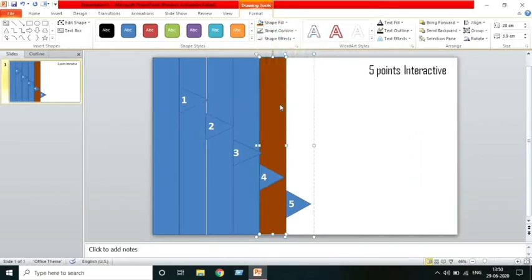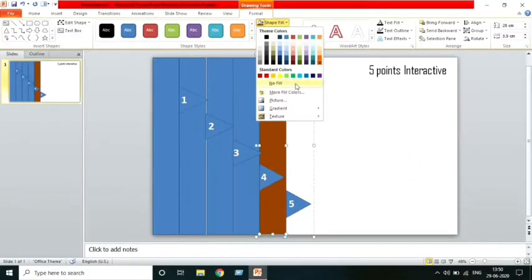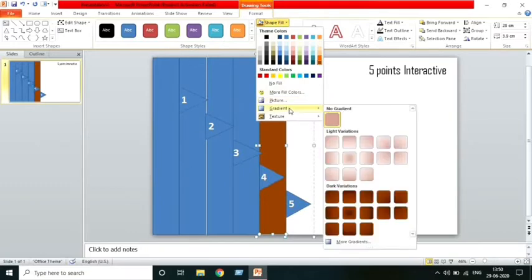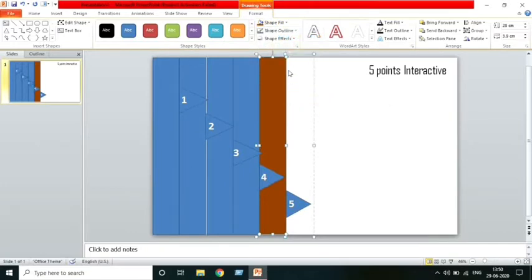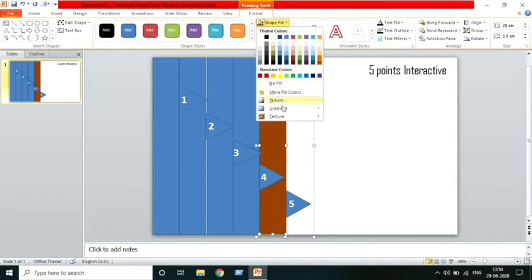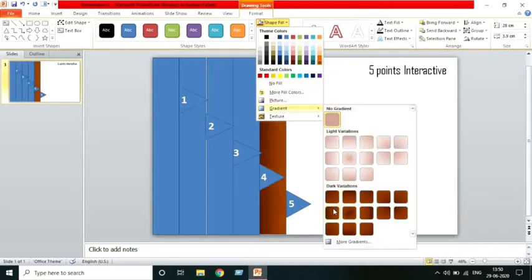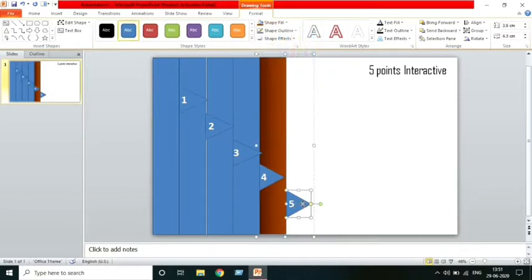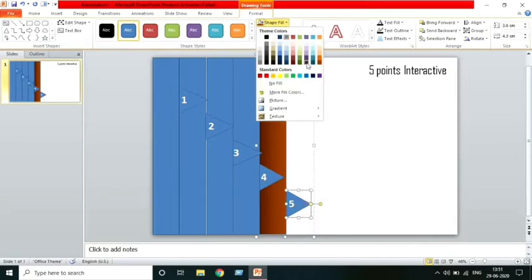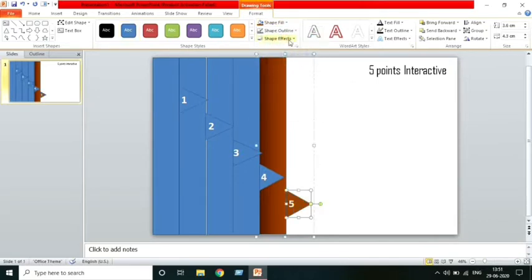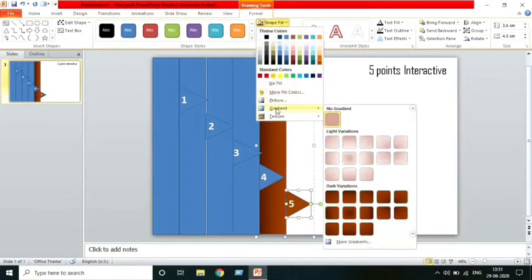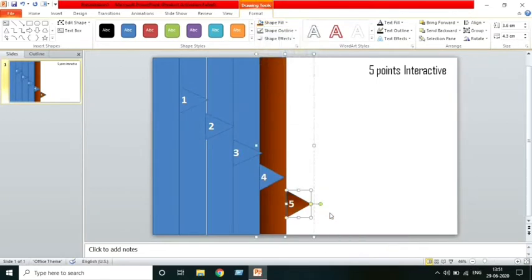Here you can see a gradient one. In the gradient, you can select this gradient control. Here also we will add the same color, shape fill, this one, and gradient, this gradient we will add.